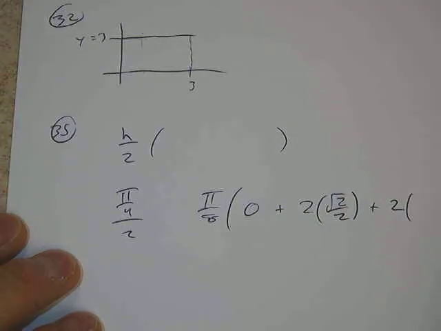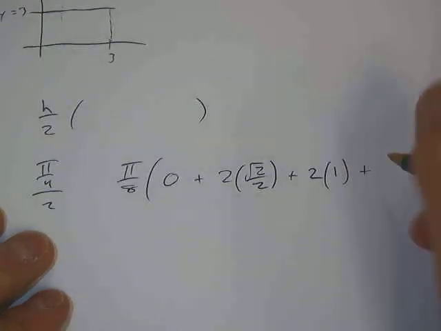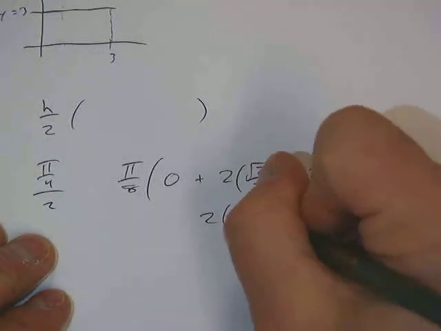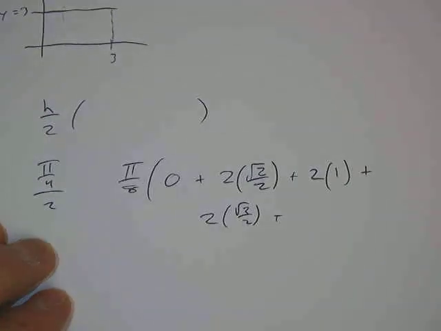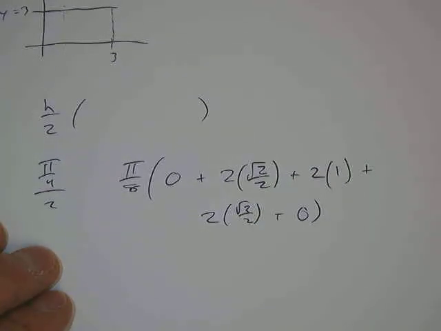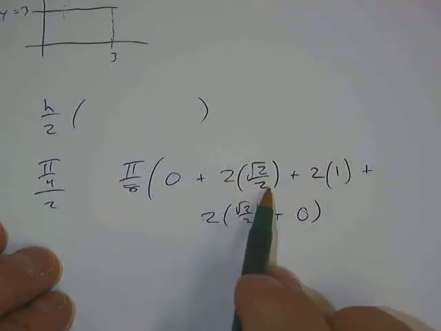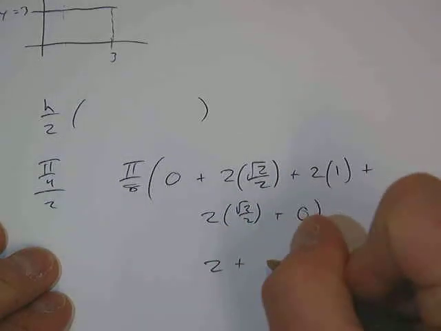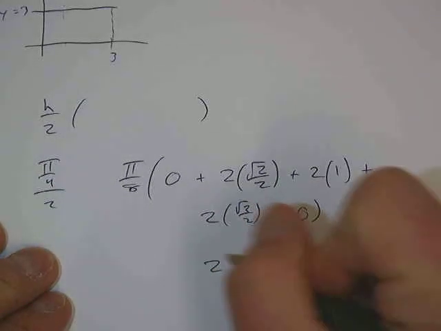And then I'm going to put pi over 2 in there. Sine of pi over 2 is 1. And then I'm going to put 3 pi over 4 in there. Sine of 3 pi over 4 is back to radical 2 over 2. And then I'm going to put sine of pi in there. Sine of pi, we're back to 0. So with all that said, we're going to have 2's cancel on both of these. This is going to be 2, so we'd have 2 plus 2 radical 2, if we add that up, times